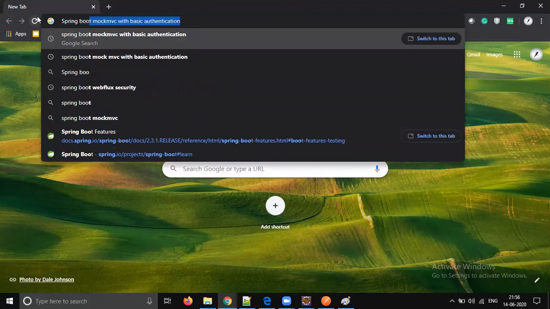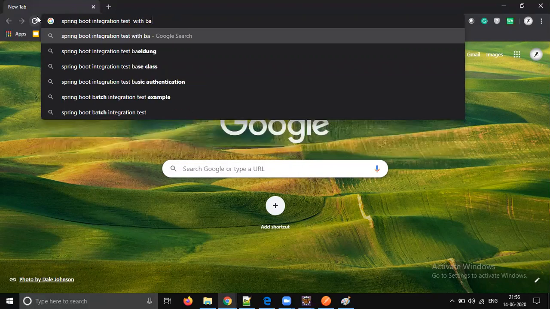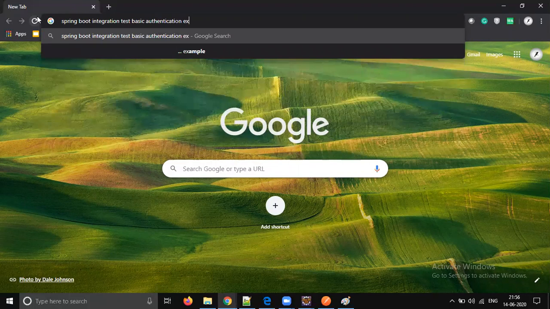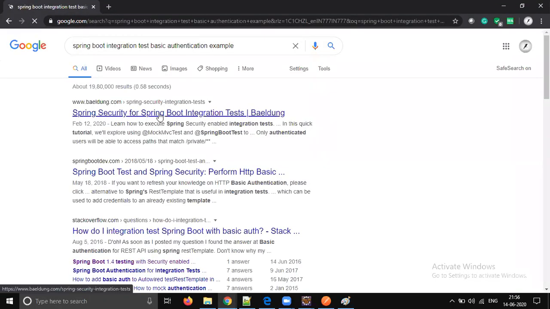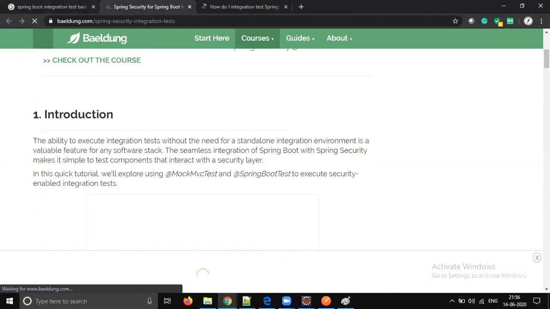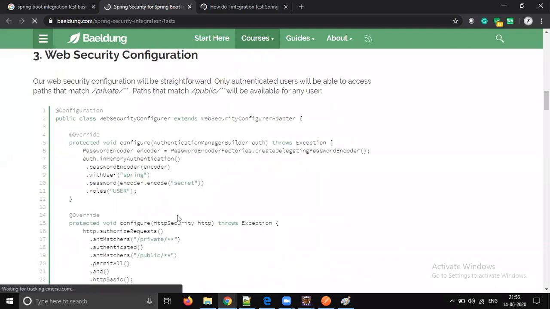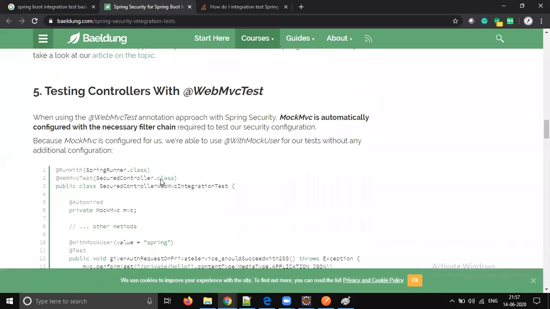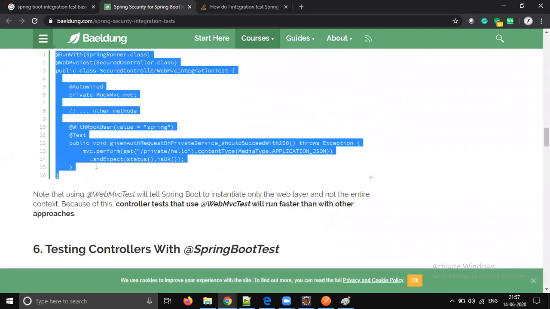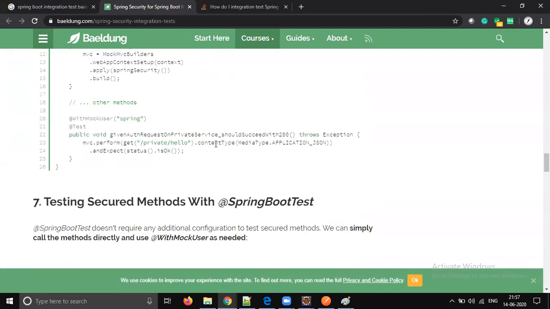Spring Boot integration test with basic authentication example. Security Spring Boot integration tests. So where is the content type? Is this and expect fine? Where is the security? MVC content type.